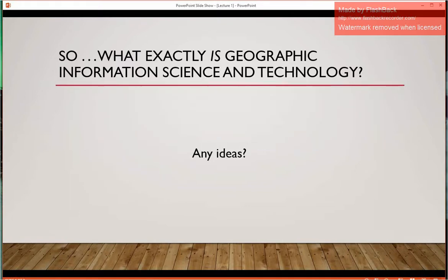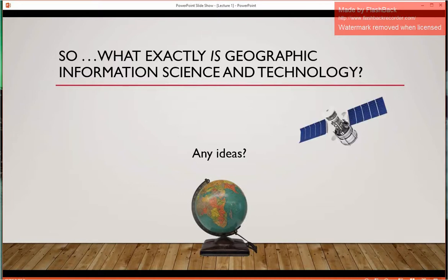So, let's just get to the point. What exactly is geographic information science and technology? Any ideas? You guys probably already have had some insight into what it is. Perhaps you've even already read the chapter. Well, first off, it starts with the globe, as in, where are we on the globe? And it's technology that's involved in helping to identify that. And some of the technology that's involved in that is satellites,